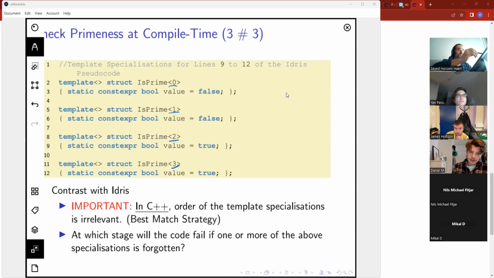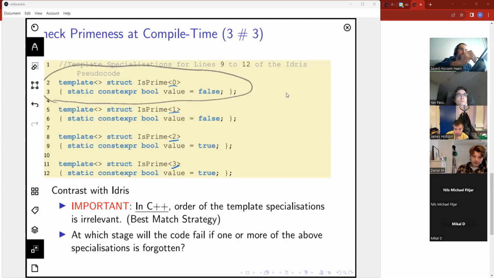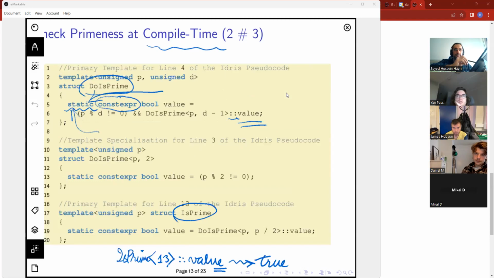Now, the order of these lines of code does not matter in C++. So you can shuffle them around as you wish. But the specializations cannot come before the main one, though the order of the specializations is unimportant.